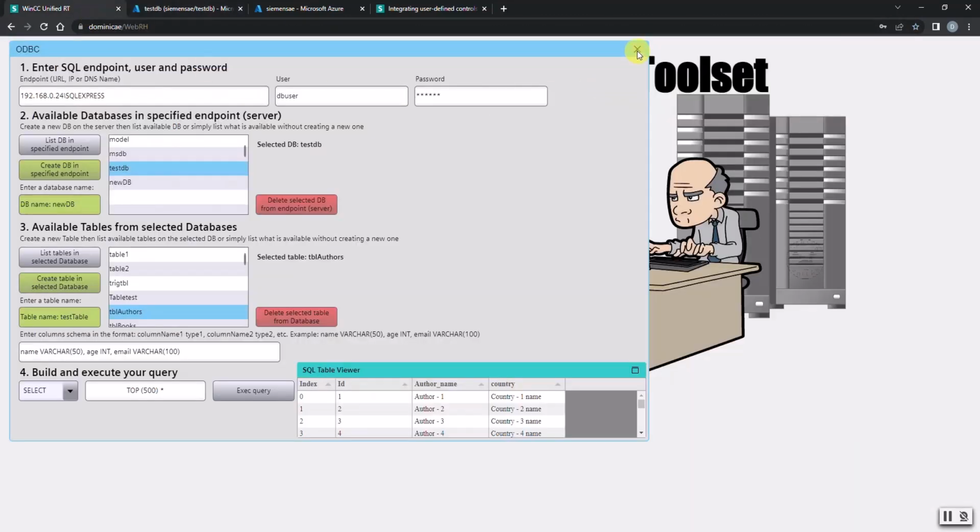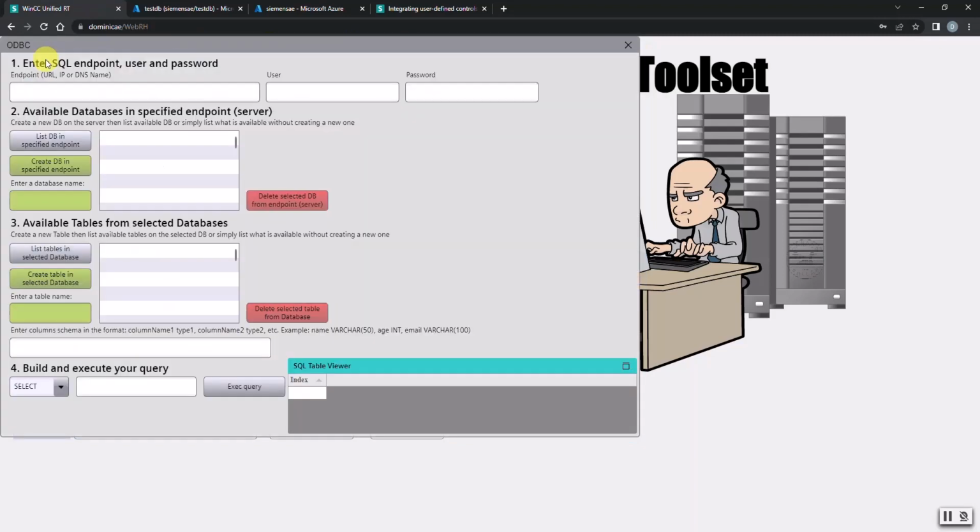If I close the view and reopen it, it should reset my view a little bit. So I can put my URL from my Azure database, for example DB user, and that's my password. I can list available DB. So I have TestDB, a master which is a system, a new DB that I just created just like the one before. For now we'll use the TestDB,